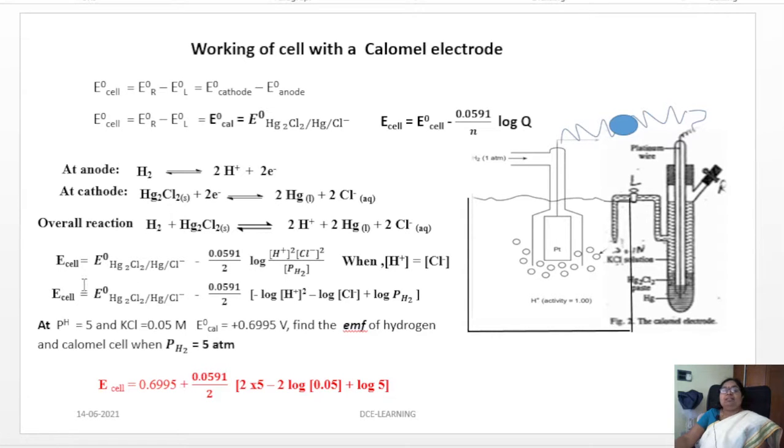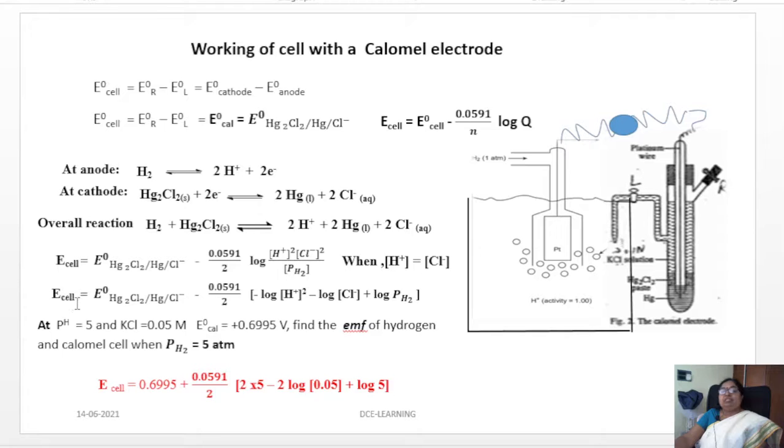E cell, look at that. If it is the E cell of that one, there is a standard EMF of that one, E cell which is equal to E net, or that will be a standard cell, and it becomes a Nernst relationship. If you take the Nernst relationship, then in the log of that, the one that is oxidized and the one that is reduced. When H is equal to Cl minus ion, then you are going to rearrange these equations.